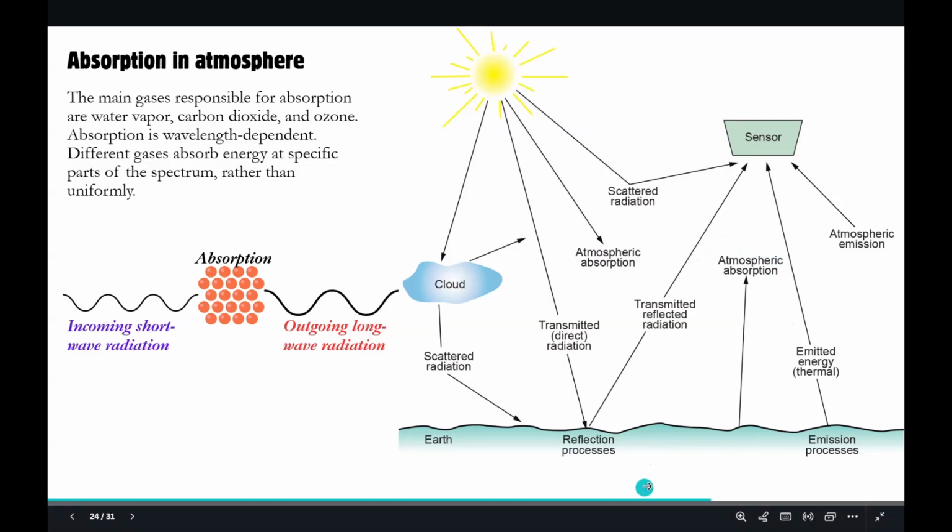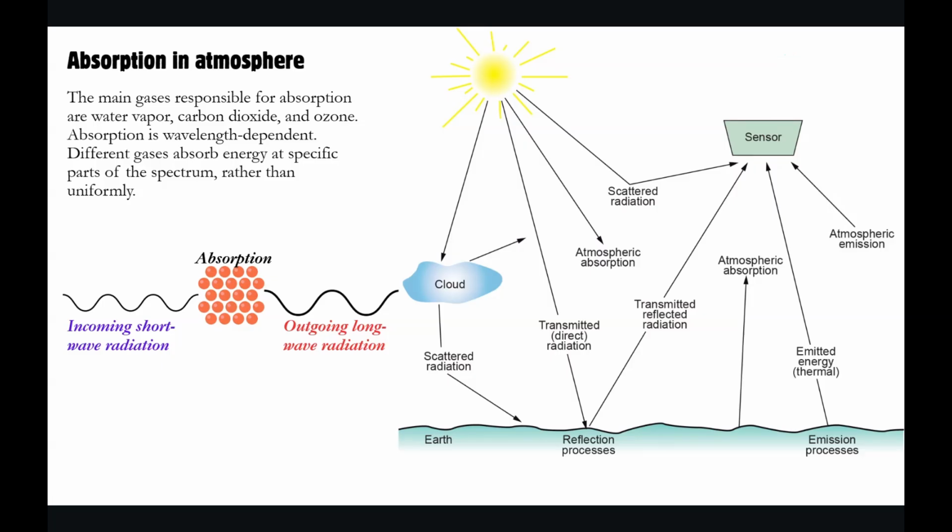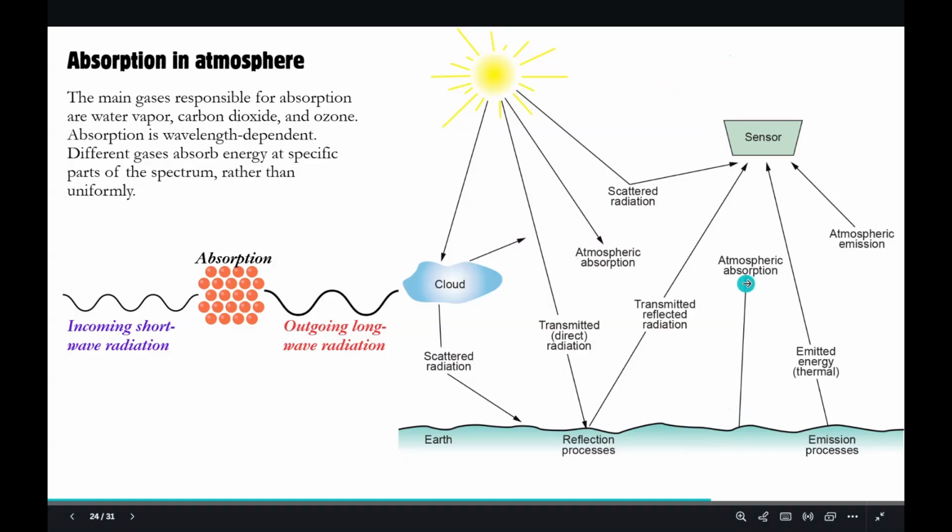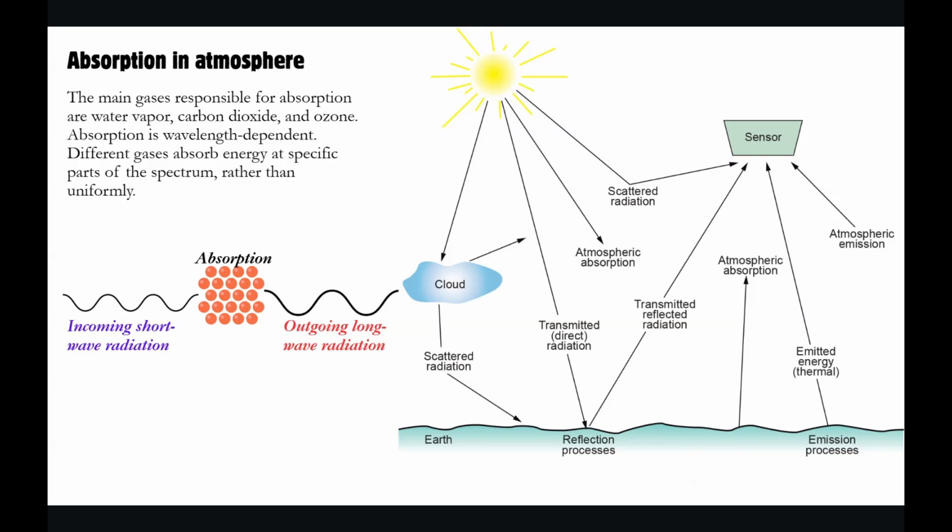So if all the radiation was to leave the planet's system, that is the atmospheric envelope, then at night time we would have had around minus 15 degrees centigrade temperature, even at the equator. Think about it. If these greenhouse gases were not there to trap the outgoing long wave radiation, everything would have escaped. All that energy would have escaped into the outer atmosphere, and what would have happened? Our temperature on the planet would have suddenly become minus 15 degrees centigrade, which is very horrible. We wouldn't want to imagine ourselves in that.